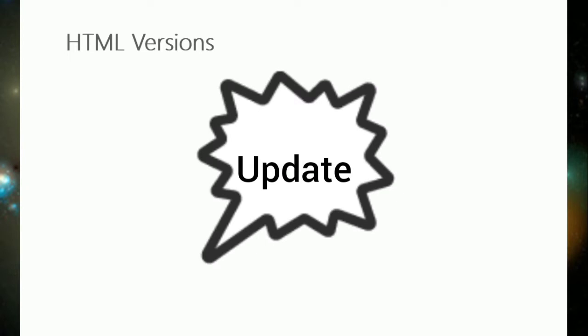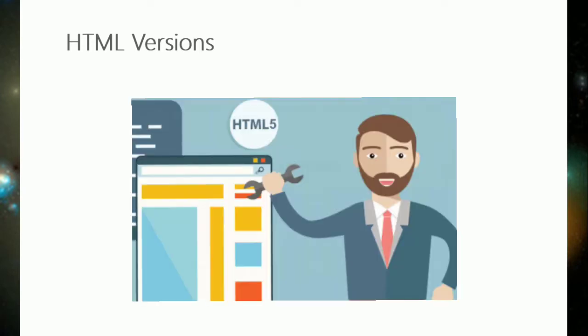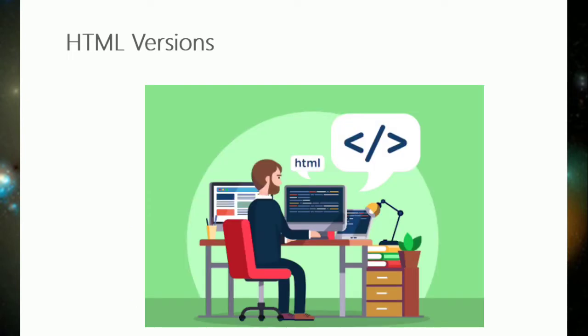In this tutorial, we are going to see different versions of HTML. Versions are created to update the features it has or to add more features, so that it adds more value to the language. Versions are updated to add more value, and it is also very useful for the users or developers who are using this language.